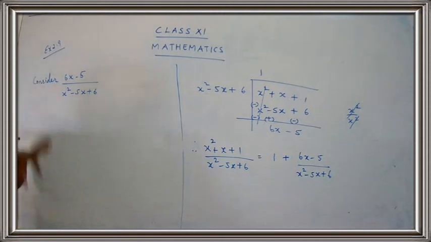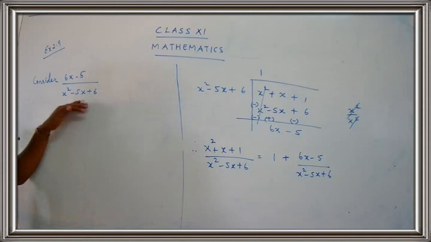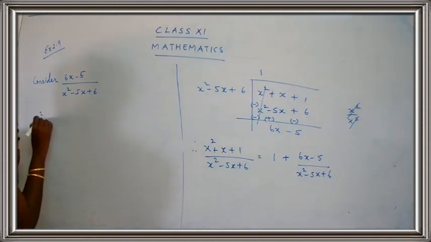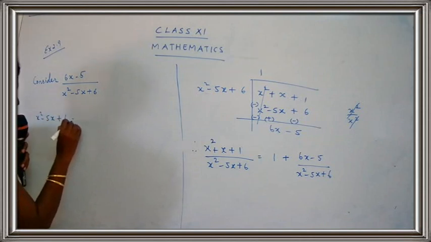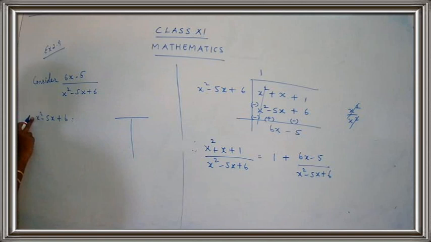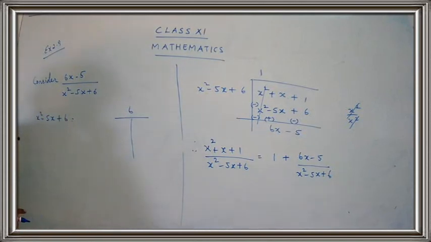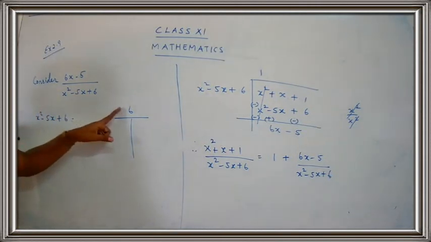And now one more step: we can factorize the denominator. So we are going to factorize the denominator and keep it ready. Let's factorize x square minus 5x plus 6. So this is equal to, I'll use a T method. The coefficient is 1. So 1 into 6, 6. You know how to fill the T method. We have used a T method for summation in the previous classes, and now we use the T method to find out the factors. So just follow it. 1 into 6 is 6.